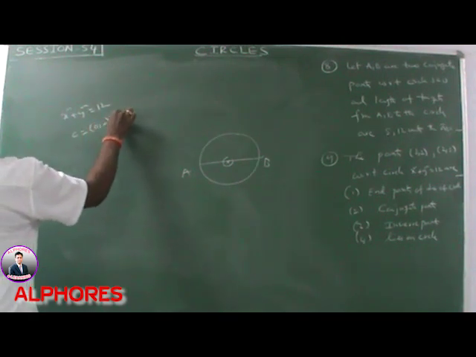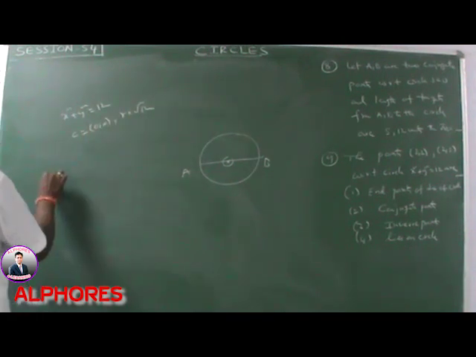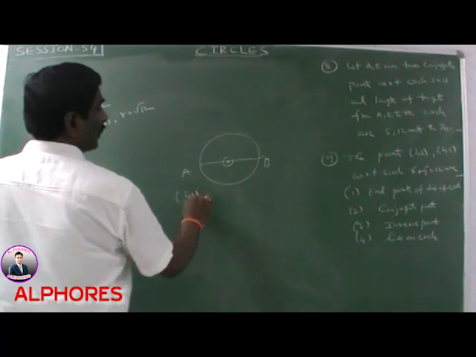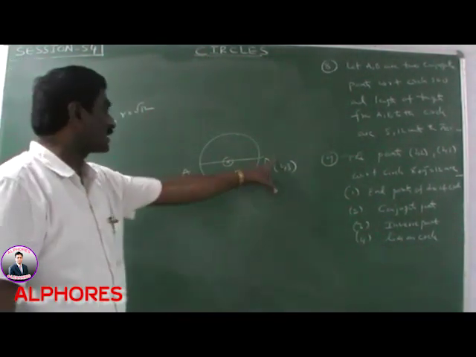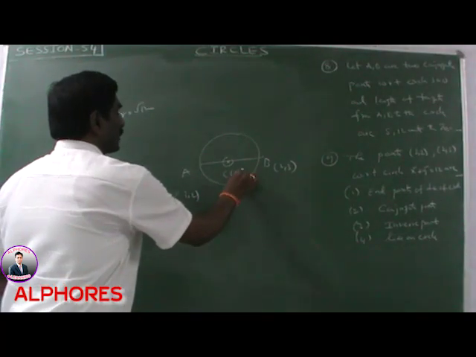Radius is equal to root 12. By verification, first option: endpoints of the diameter. Endpoints of the diameter means the given points are (3, 2) and (2, 3). If these are endpoints, the midpoint must be the center of the circle. Center of the circle is equal to (0, 0).